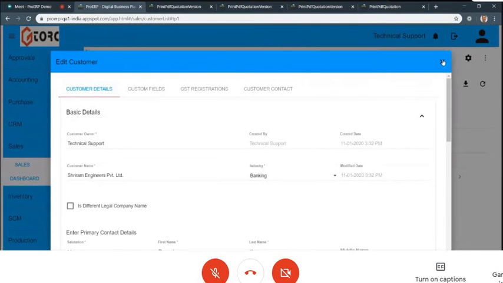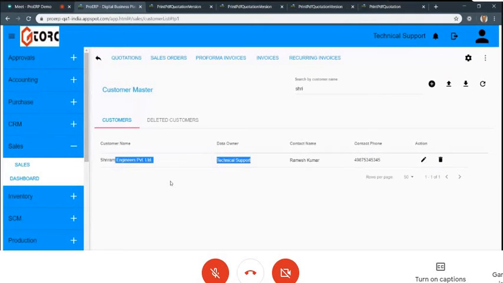Now, one question here. Let's say there is a client called Sriram Engineers Private Limited, and they have 5 plants across India. Now, a guy from South enters Sriram Engineers PVT dot LTD dot, whereas a guy from North puts in Sriram Engineers. A guy from West will enter Sriram Engineers PVT without dot, LTD without dot. So will it take all 4, or does it scan the first 2 words only?